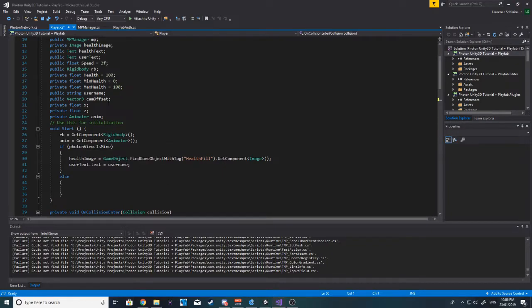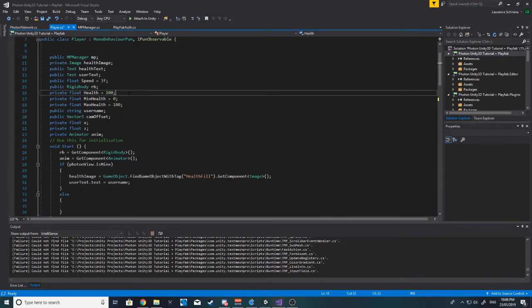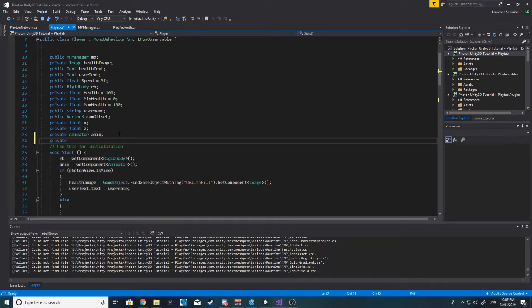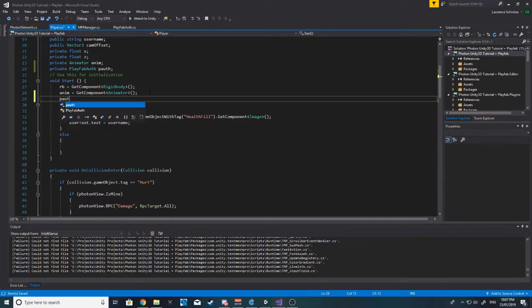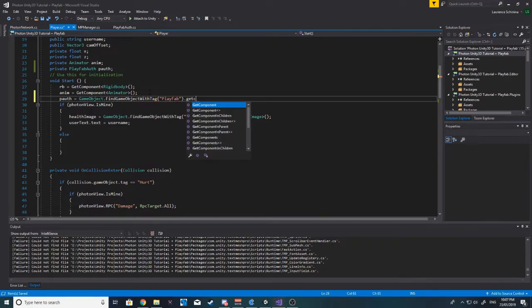Alright, now let's create a new private PlayFab auth, and I'm just gonna call it p-auth. Then in the start we want to say p-auth equals GameObject.FindGameObjectWithTag, and we want to find the PlayFab object with the tag, and then we want to get component PlayFabAuth,